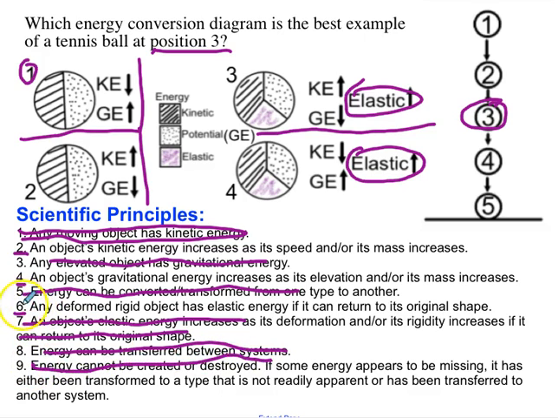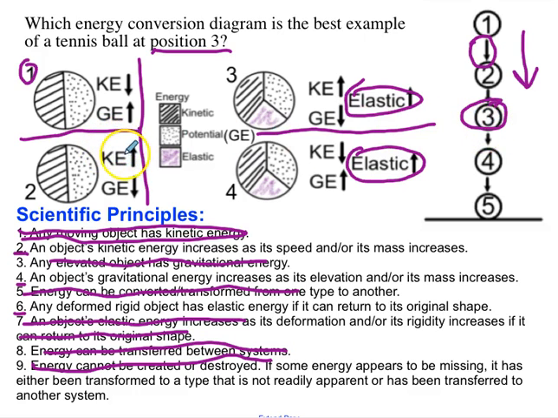So I've already given you some of the scientific principles you can use, and we'll take a look at those a little bit later. Now let's watch this. Look at these arrows. This is a huge piece of evidence we're going to use later. So this tells me it's going down. So if the ball is dropping,